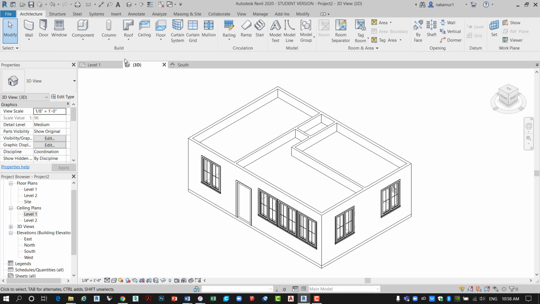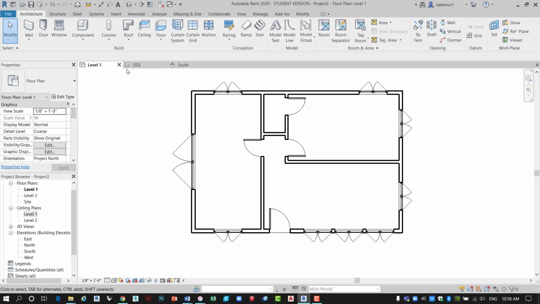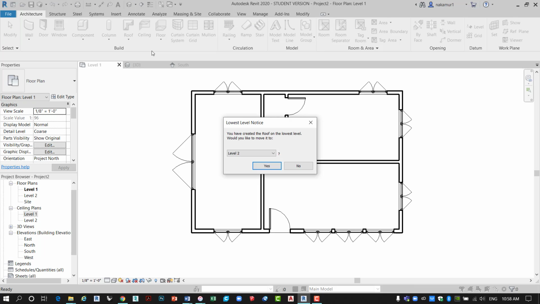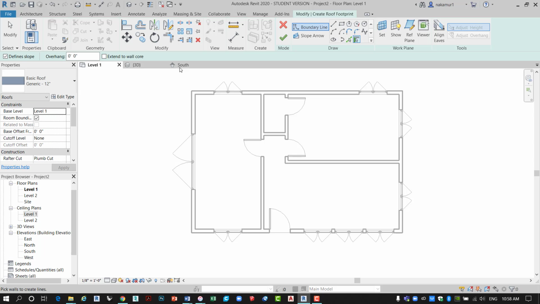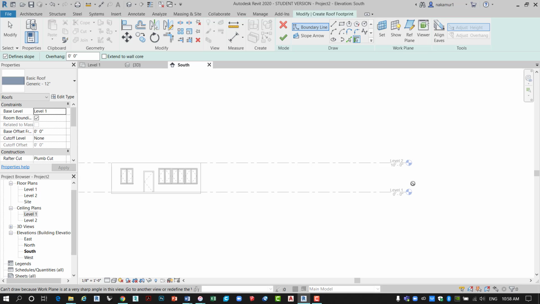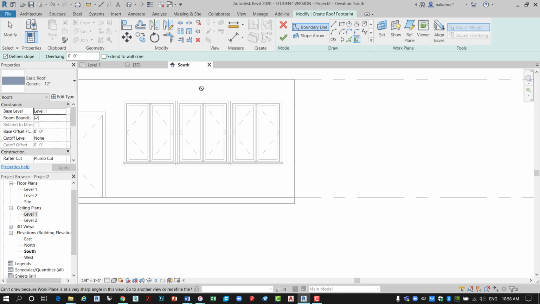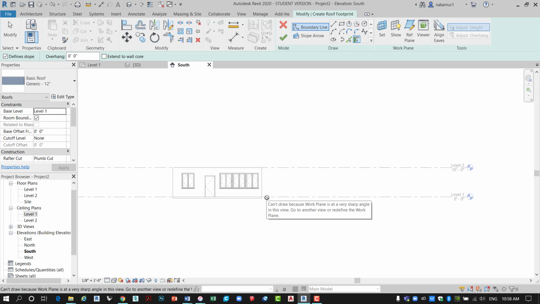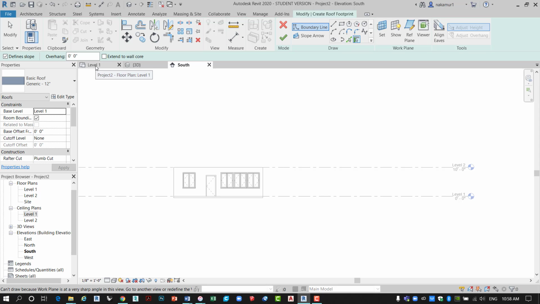Then the roof. What kind of roof do we have? Go to level 1 and roof by footprint, and put on the level 2. Now let's talk about level 2 before we get there. South. So we have level 1 and level 2. Level 1 is where the wall was created. So anything you create on level 1 starts here. So level 2 starts here. So the roof is on the level 2. So that's what it is asking. So we'll go to level 1